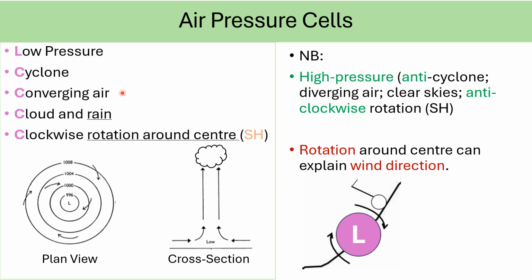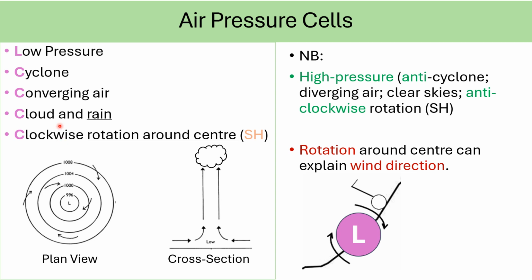In other words, the air blows towards the central low pressure cell under the influence of the pressure gradient force. Cyclones produce cloudy conditions and eventually it rains. In the southern hemisphere, the wind rotates in a clockwise direction around the low pressure at the